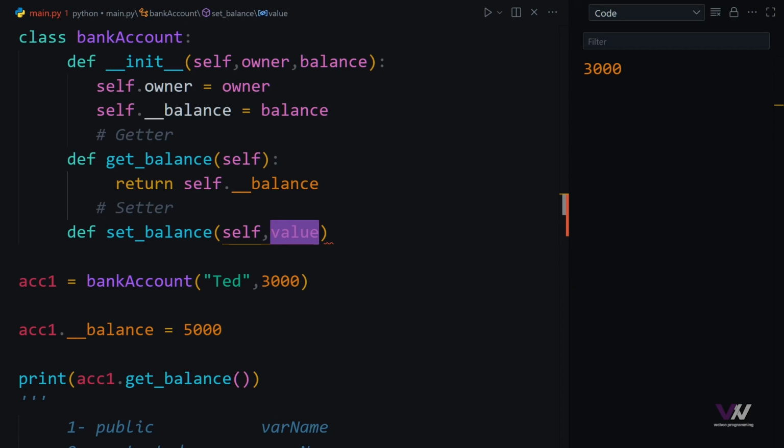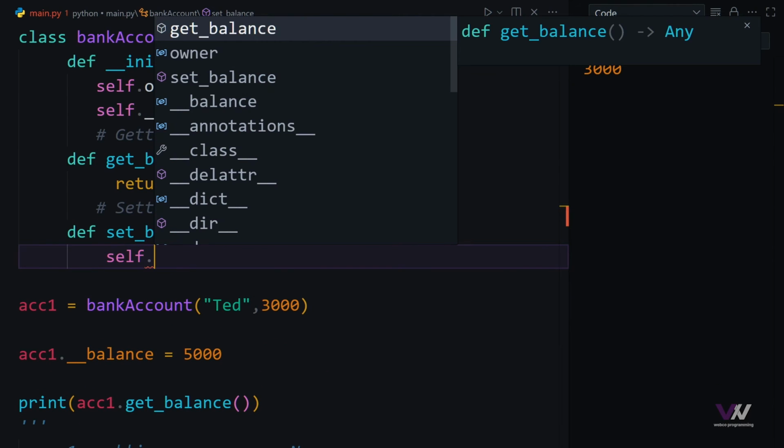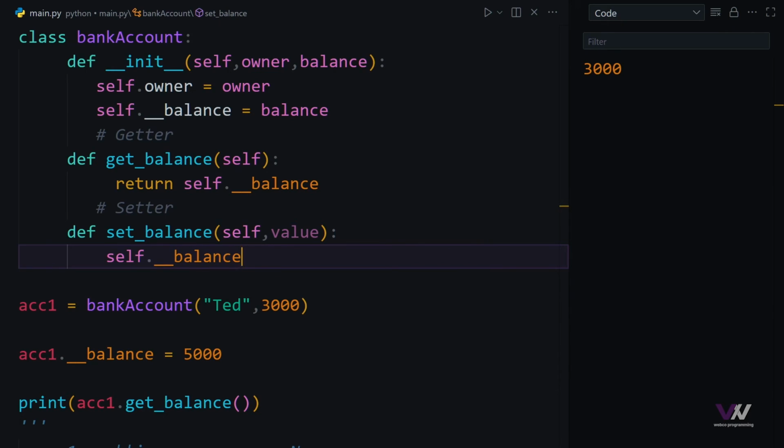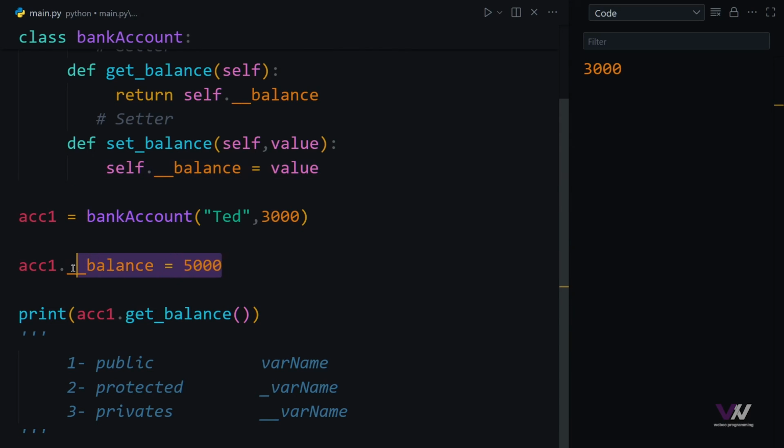And this is basically our parameter that we want to set into our balance. And then inside of this inner block, we want to have self.__balance equal to this value that we got from the user. And now this time, instead of this, if we want to use this item, what we can do is